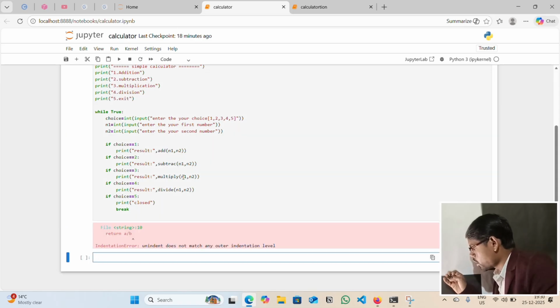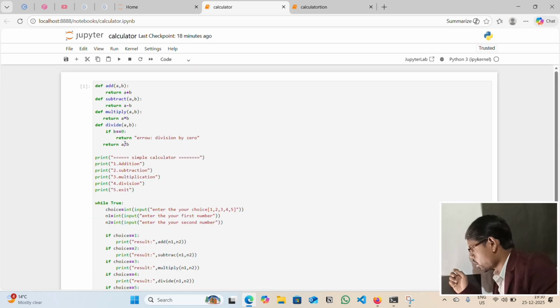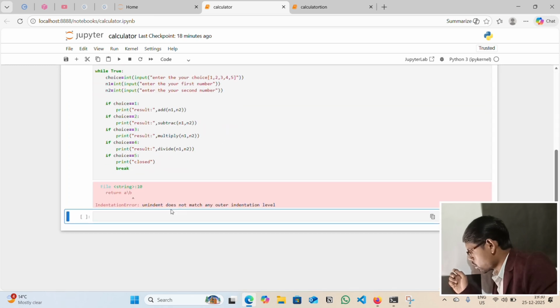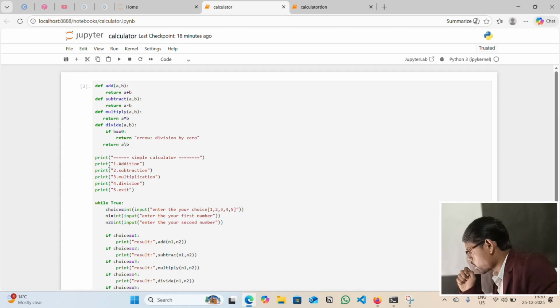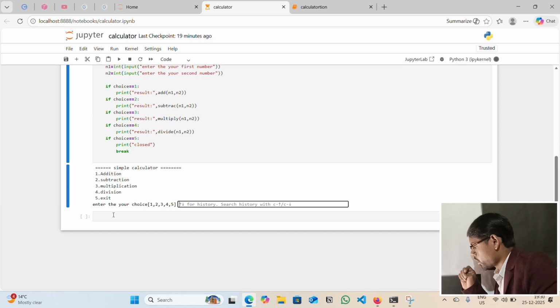Check, run again. The divide function was wrong, it returned a wrong result, so change it. Okay, and check.